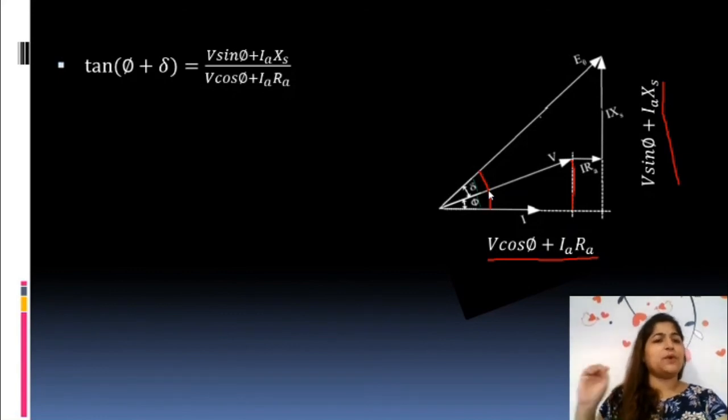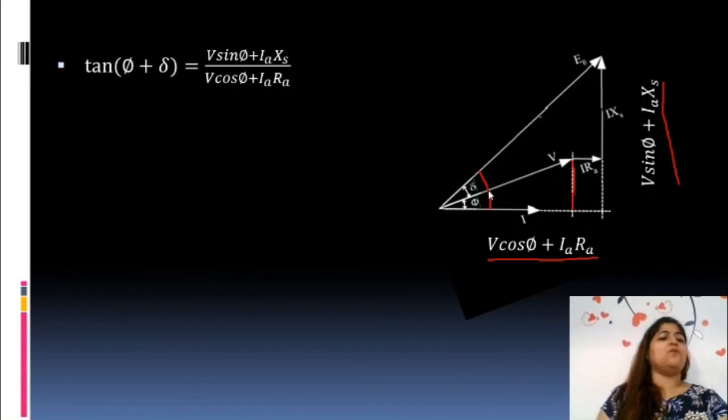By the trigonometric expression, tan of angle is equal to opposite upon adjacent. अगर मैं आपको बोलूंगी equation को याद रखो तो शायद आपके लिए possible नहीं होगा, या फिर आप ये भी गलती कर सकते हो कि आप V cos phi को ऊपर लिख दोगे, V sin phi को नीचे लिख दोगे। तो बहुत जरूरी है आपको ये phasor diagram के through explain करना, ताकि आपको ये याद रहे। जब भी confusion होगा, पट से phasor diagram बनाना, बहुत simple phasor diagram है, and get the equation.